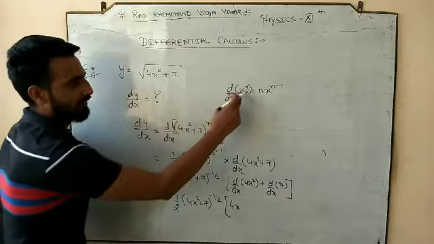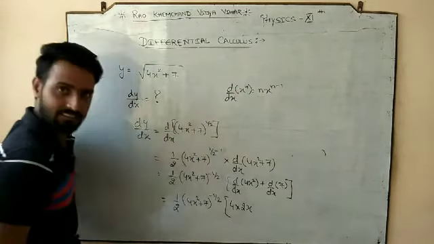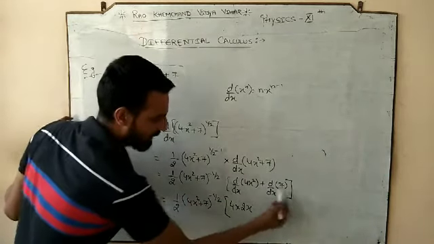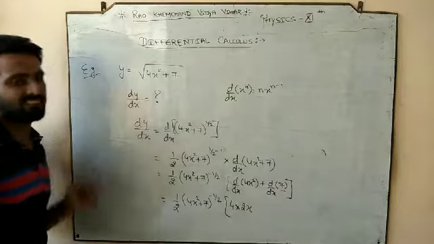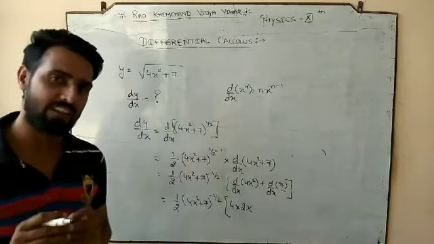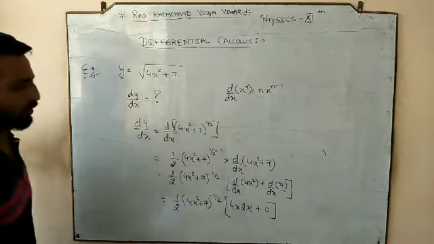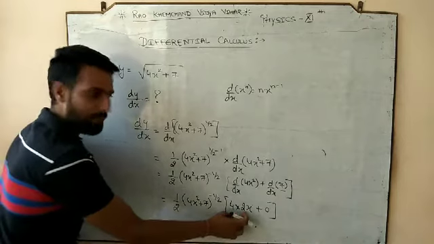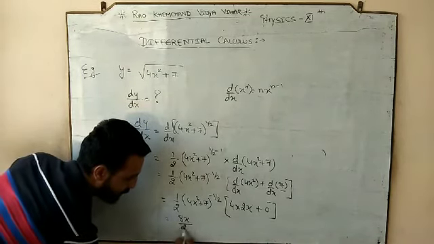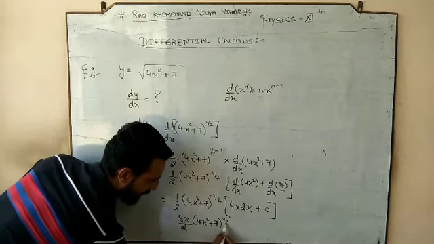We will again apply the power formula. So it will become 2x. The power will be in front and x power 2 minus 1, which is 1. But what is here? Only 7. Means we have a constant, but that constant is not with any variable, and the differentiation of only a constant is 0. So what are we left with? 4 times 2x, which is 8x. So it would be 8x by 2, times 4x square plus 7 whole power negative half.